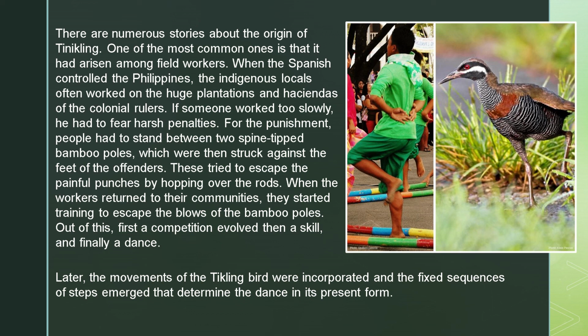Out of this, first they used it as a competition, and then it evolved and became a skill, and finally it became a dance. Later, the movements of the tikling bird, I know you are familiar with this bird, this one is the tikling bird that you see in the picture,